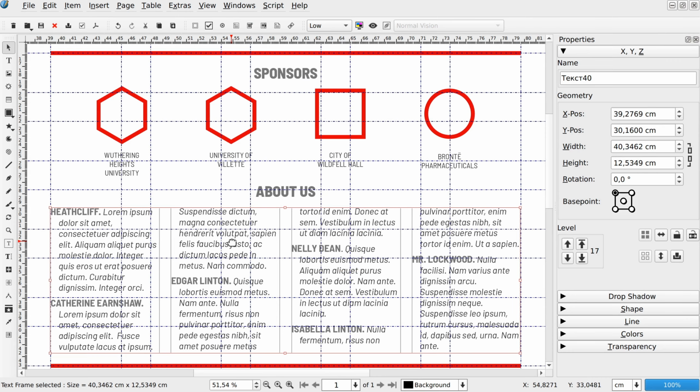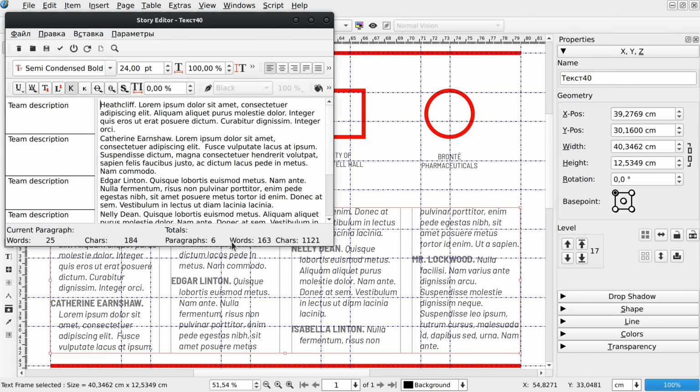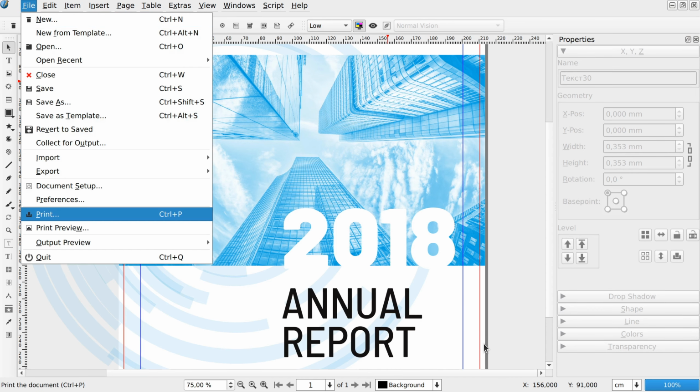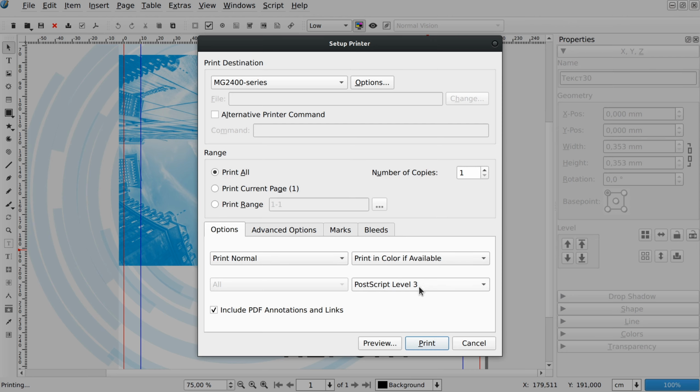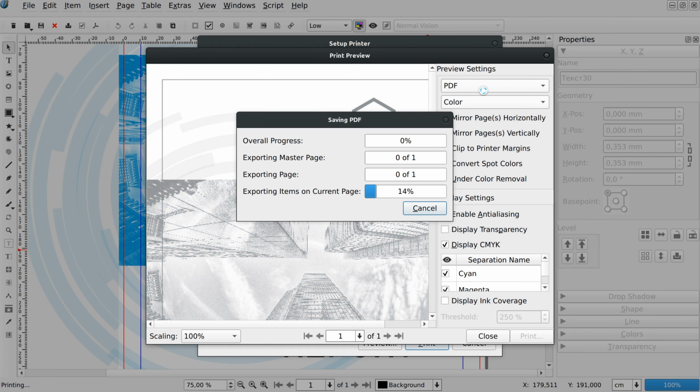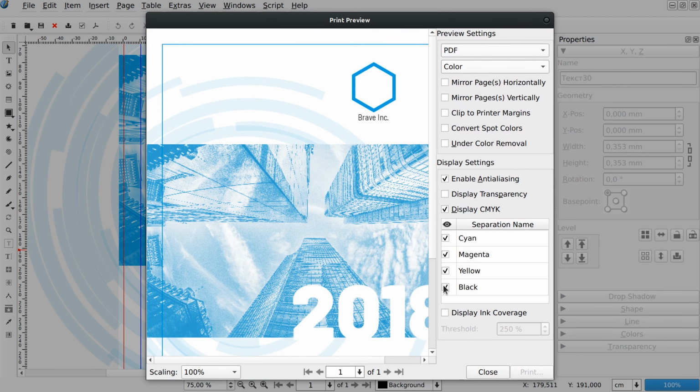Let's talk about Scribus 1.5.6, the latest unstable version that comes with a few interesting improvements. Scribus developers started introducing PDF-based printing support and intend to eventually phase out PostScript-based printing. The two places where you can find this new option are the printing dialog itself, and then of course the print preview dialog. The Windows version of the program doesn't have it yet.